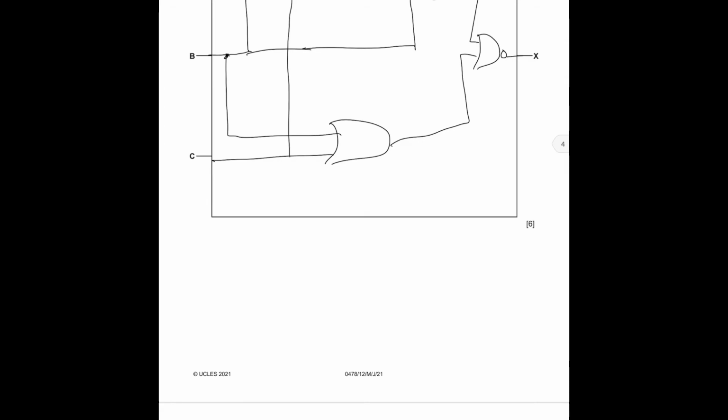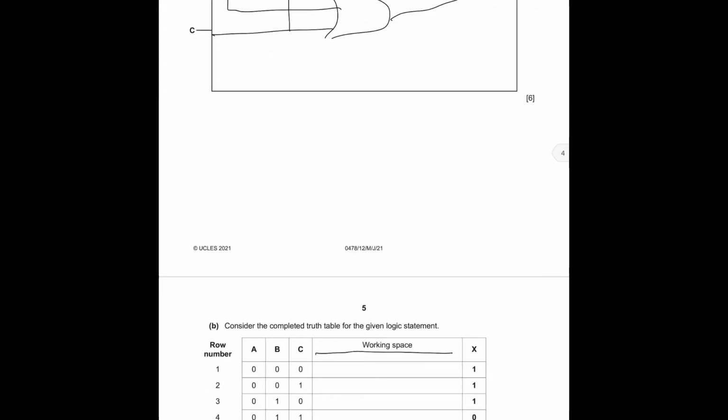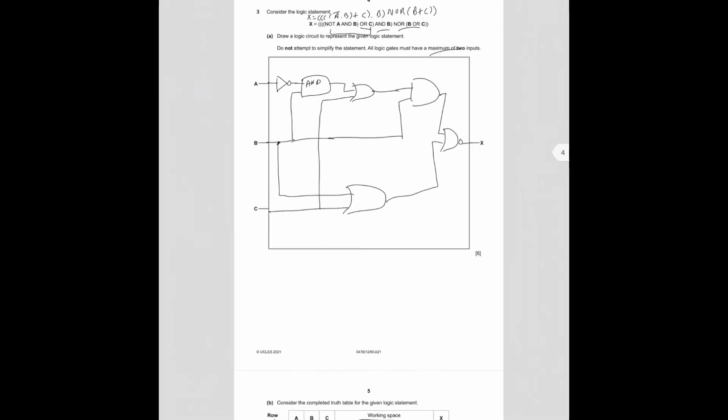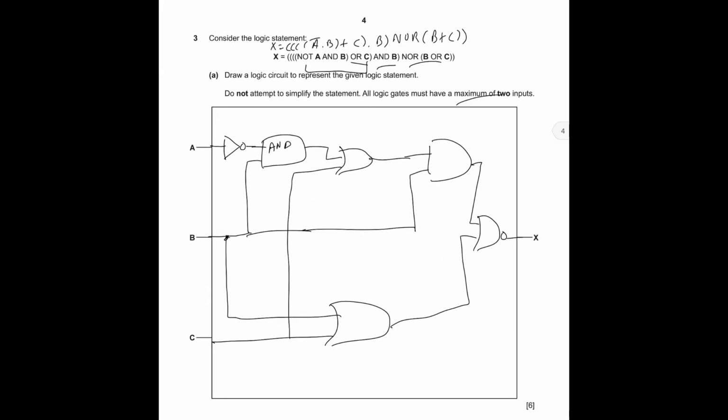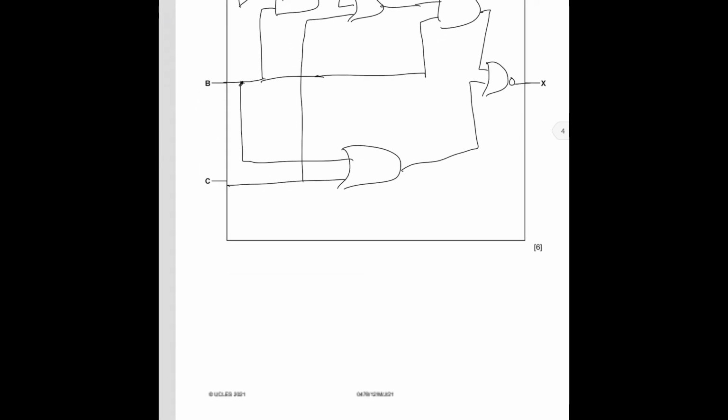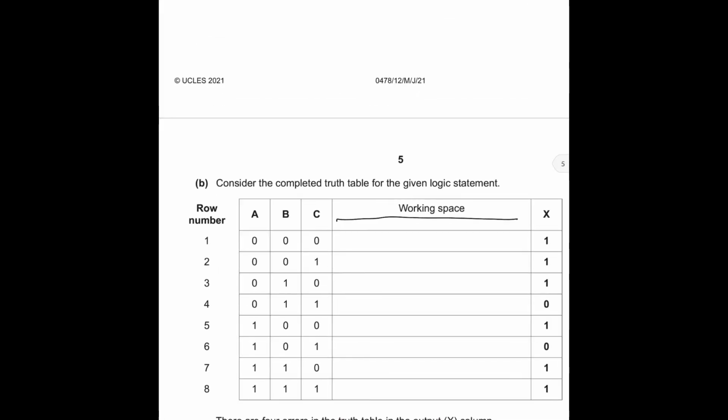We have to check the errors in the truth table. This is where we have to do the calculation part. How are we going to do that? By checking out the equation itself. We know that the equation is X is equal to